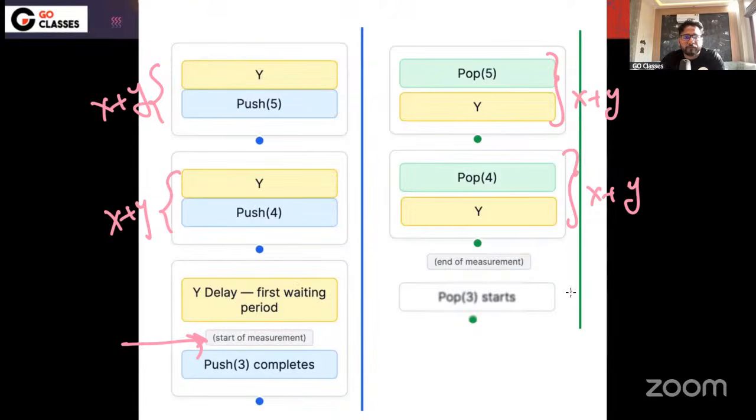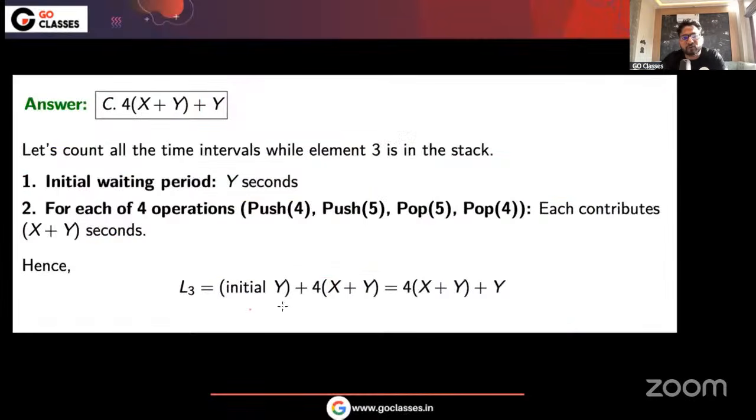So after the initial y, you are doing 4 operations, 2 pushes and 2 pops. Each operation takes x, the operation time, plus y, the waiting time. So there is an initial y, and each operation takes x plus y. That's why 4 into (x plus y).